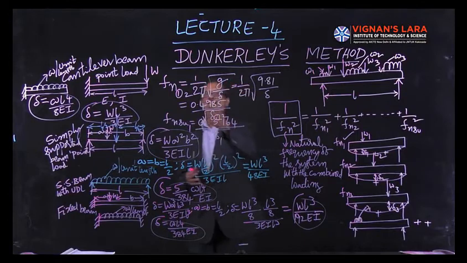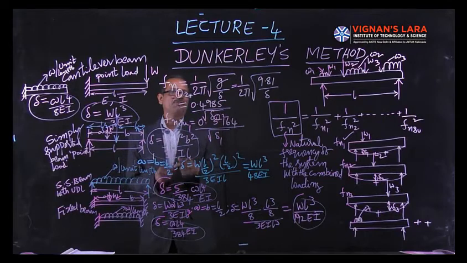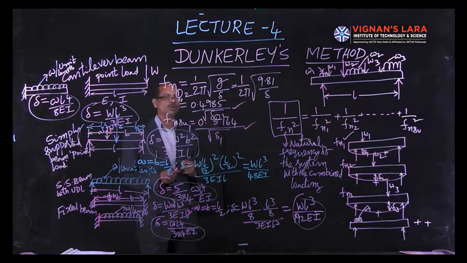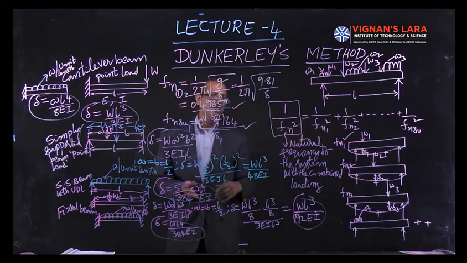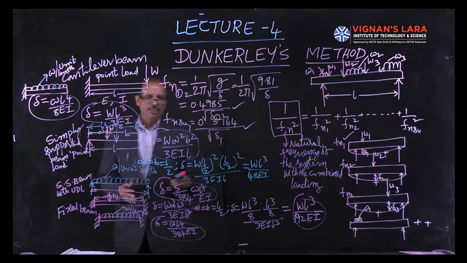Then Fn1 and Fns can be obtained by 0.4985 by root delta 1, and Fns is 0.5164 by root delta s. Like this, if you substitute, the left hand side can be calculated, which is the natural frequency. This is the method called Dunkerley's method. The same problem can be solved by another method called Rayleigh's method. Rayleigh's method is also useful, but Dunkerley's method is the simplest method when compared to Rayleigh's method.